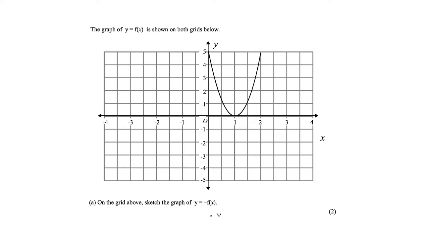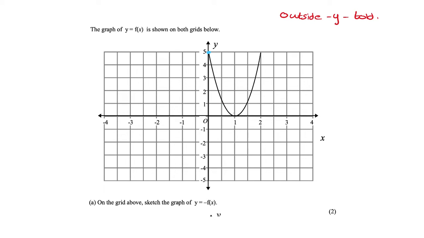We have a sort of different sort of question here. The graph of y equals f of x is shown on both grids below. We're given one of the grids here. On the grid above, sketch the graph y equals negative f of x. Okay, so remember, this one's outside the brackets, so outside the brackets going to change the y-axis and do as it's told. Okay, so the y values, we have 5,